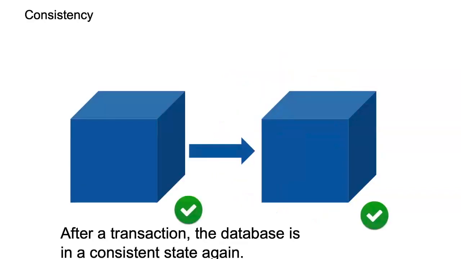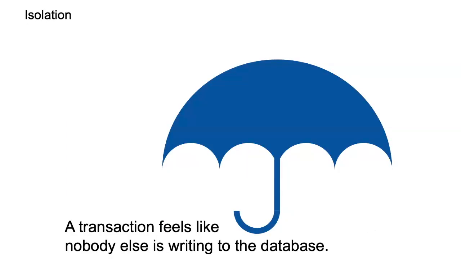So that's atomicity. The second one is consistency. It means that if you have some constraints on your data, for example that your account balance should be positive, or that if you have bookings on a plane no two people are on the same seat, that kind of thing, the database also guarantees that. That's called consistency. Every time you have a transaction, at the end it's guaranteed that it's still in a consistent state. Then the I is isolation.